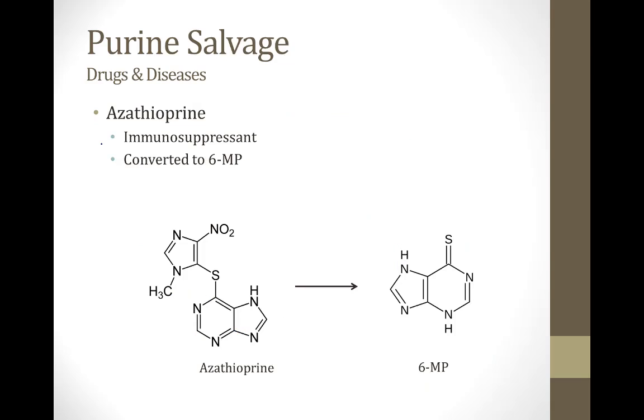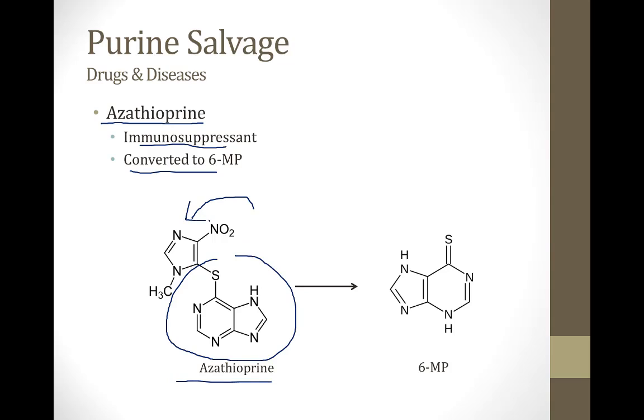Another clinical correlation of the purine salvage pathway is the drug azathioprine. It's an immunosuppressant. It's used in inflammatory bowel disease and a number of other disorders, and it is converted inside the body to 6MP, and then it functions just like 6MP. This is the structure of azathioprine at the bottom of the screen. You can see that it looks very similar to 6MP. It just has this extra molecule hanging on inside the body. This molecule will be lopped off, and you will be left with 6MP, and thus azathioprine will exert the same